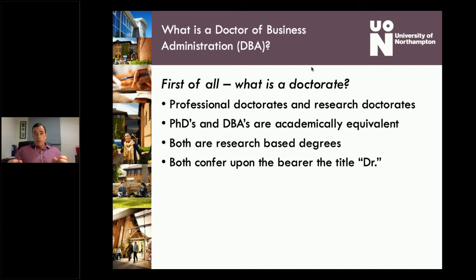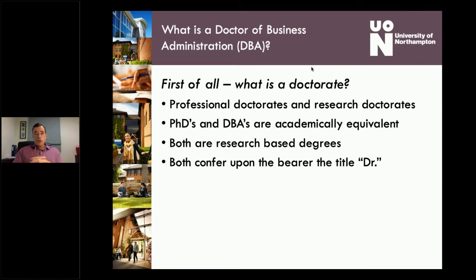And there are two types of doctorates. One we call professional doctorates, and they're for people who are primarily engaged within a profession. So when you're ill, you go and see a medical doctor. That doctor usually has an MD, a doctorate of medicine. But we also have doctorates in engineering for engineers, education, you can do a doctorate in education if you're in that field, in pharmacy, all sorts of things, all sorts of different professions will have a doctorate that's attached for people who work primarily within those professions.